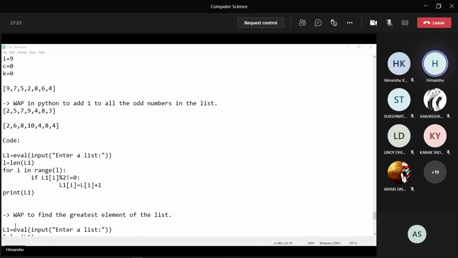And after that, write a program to find the greatest element of the list without using the max function. Please do this. And students, keep in mind that at 9:40 you have a class of chemistry. Are you all aware of this? Yes, sir. Okay. Please write down this code, try it, and then do the program to find the greatest element of the list. I'm going to the principal ma'am, and I'll be back in just 5 minutes. Do it right now.